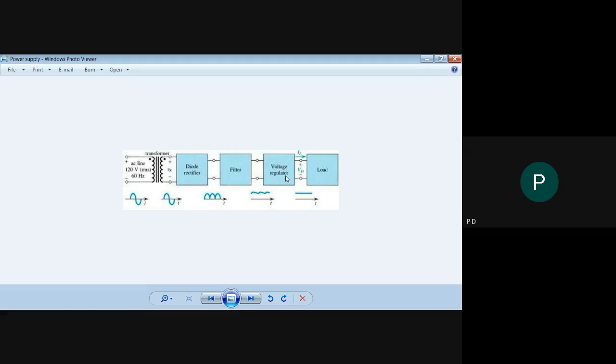You can even use variable voltage regulator ICs like LM317 or IC723. LM317 has a range of about 1.7 volt to 37 volt variation. So you can change the voltage regulation as per the requirement or as per the application. So any type of voltage regulator IC can be used. After that, the output of the voltage regulator is applied to the load. Load may be your resistor, load resistance.